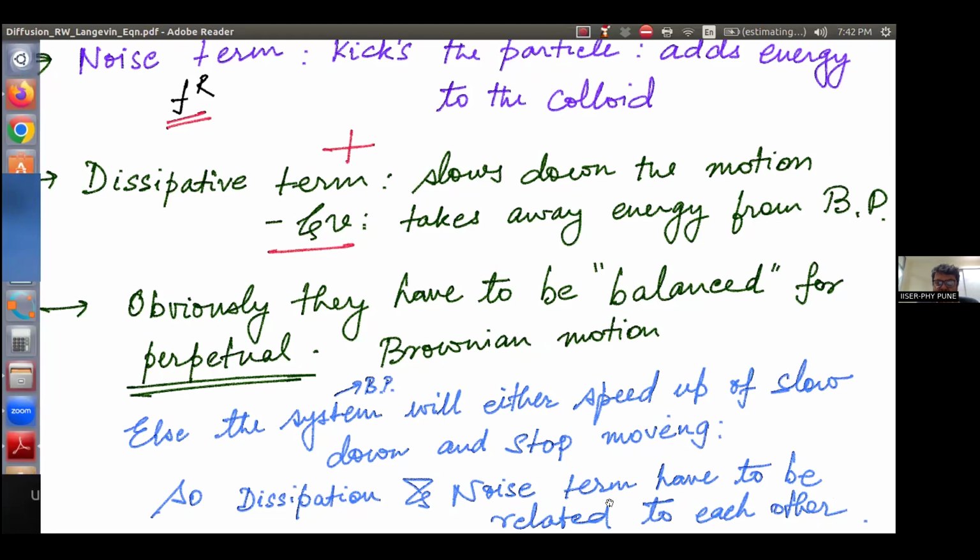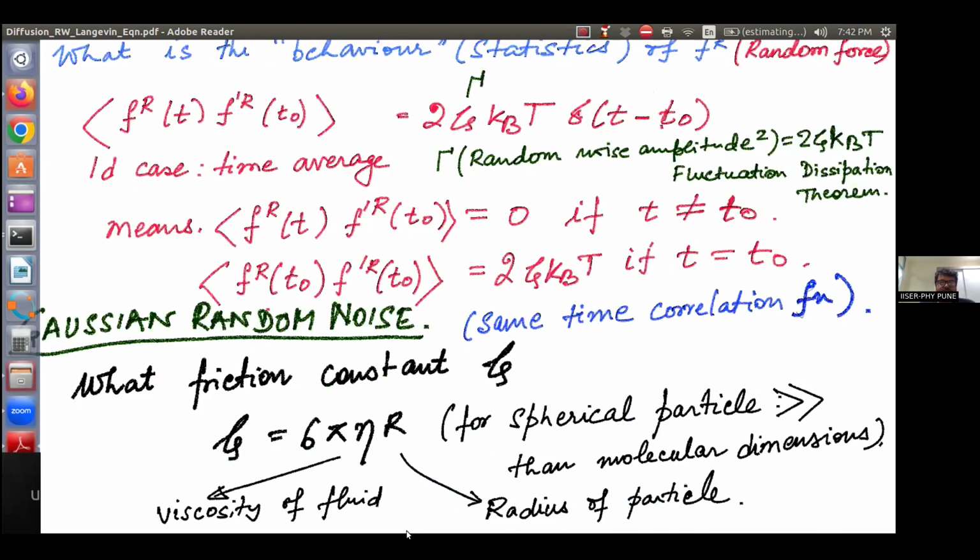So dissipation and noise have to be related to each other. They have to be balanced with each other, right? I hope I convinced you of that. And so this behavior, the statistics, the question to ask next is: we wrote down the Langevin equation,